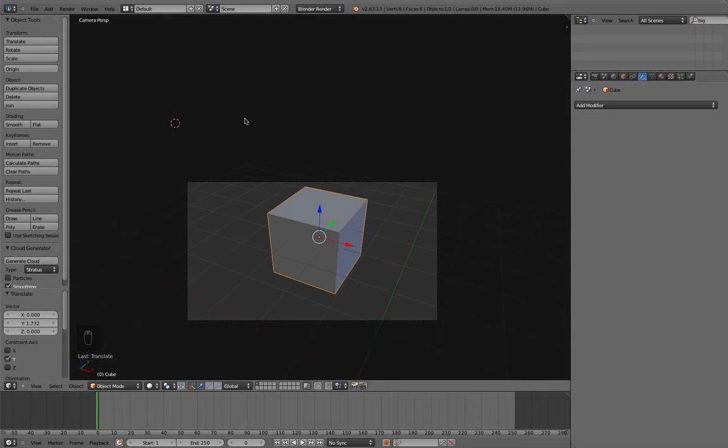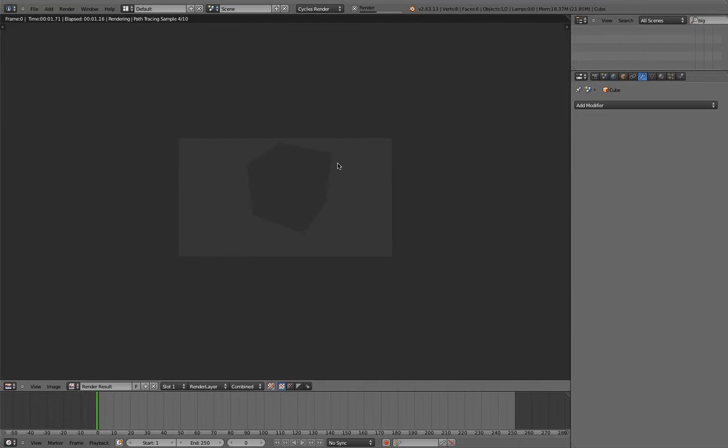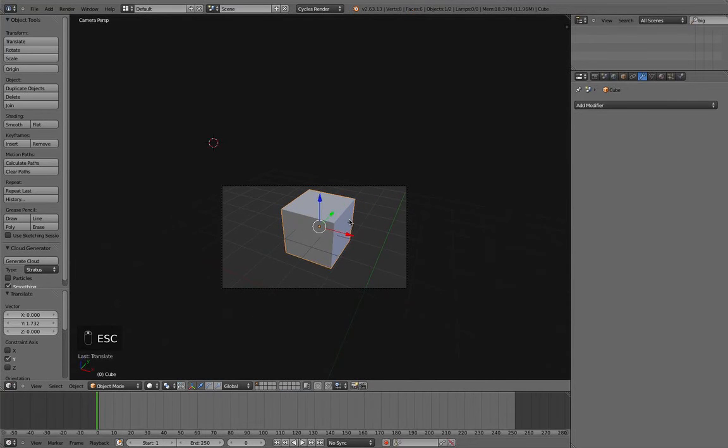So we have in Render two rendering engines as default, the Blender Render and the Cycles Render. Also here we have Blender Game, which is for the game engine, which we will touch on in later tutorials. So if we go into the Cycles rendering engine, we can go ahead and render it, and we have, again, our object rendered with a different engine. But I'm just going to go back into Blender